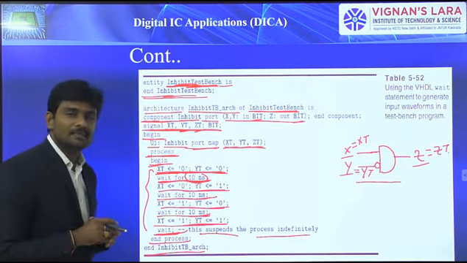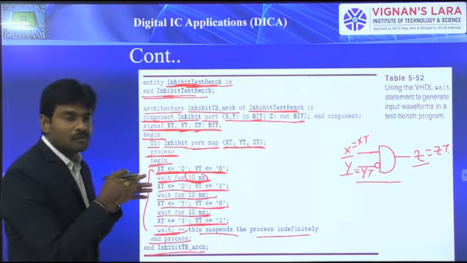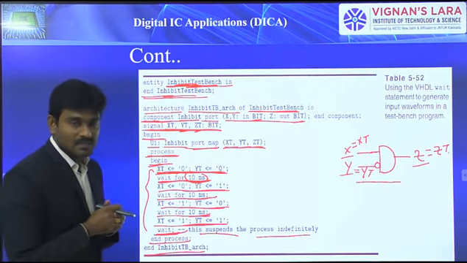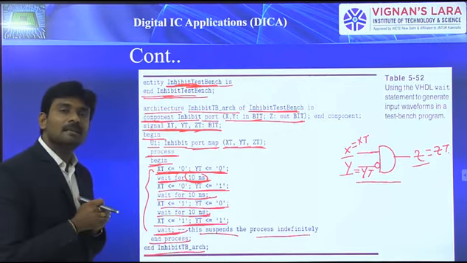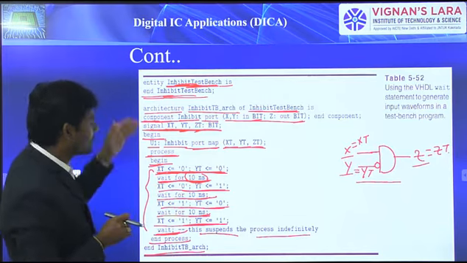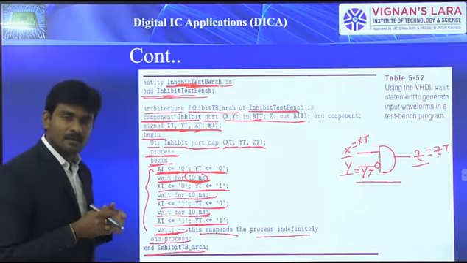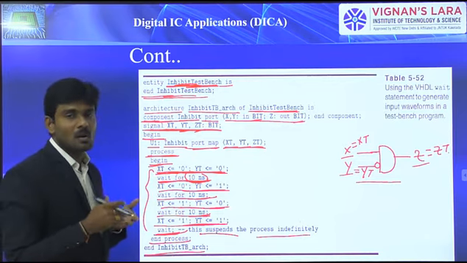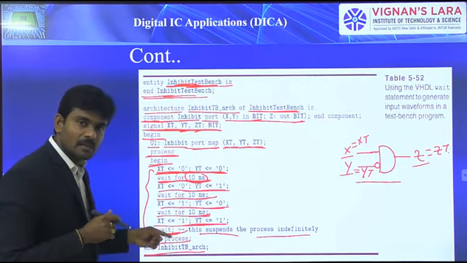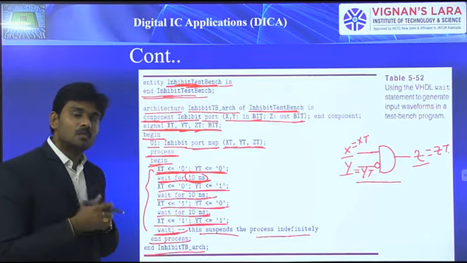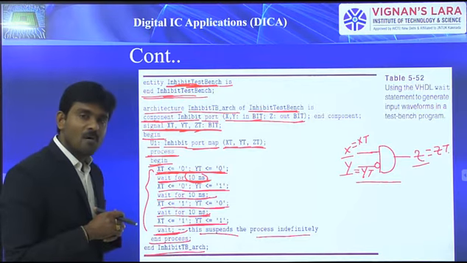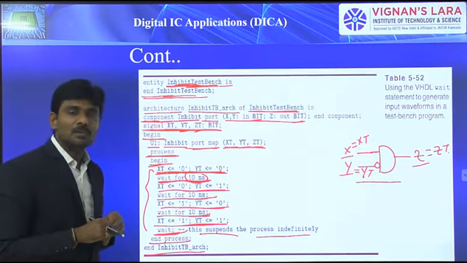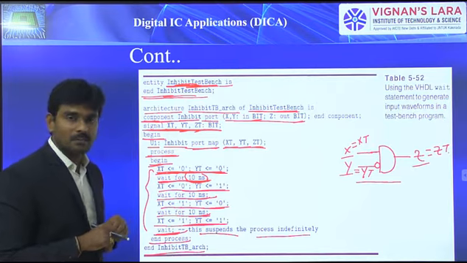So that is how to write a test bench for a given module. In this case we consider the inhibit gate, and that is how the circuit seems to be. For that, how are we going to apply the test bench? Like I mentioned, it consists of entity declaration and architecture definition. But in the entity declaration part, we are not supposed to mention inputs and outputs, because inputs we are driving here in the architecture body, while for outputs, you can observe them in the simulation waveform. So no need to mention inputs and outputs for the entity declaration part.